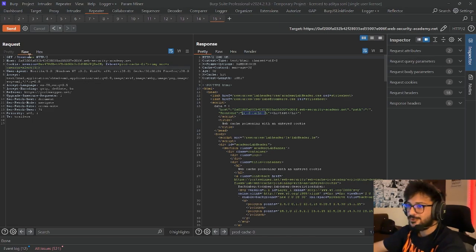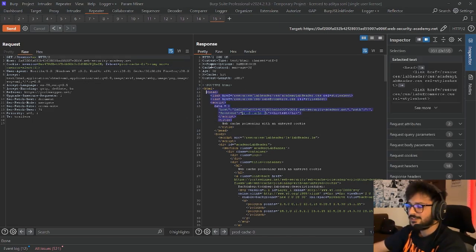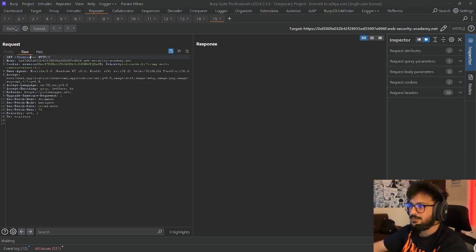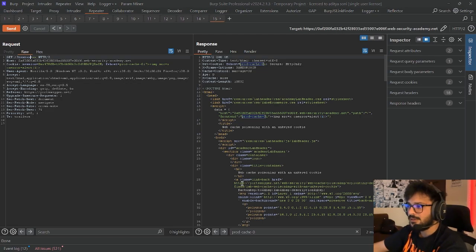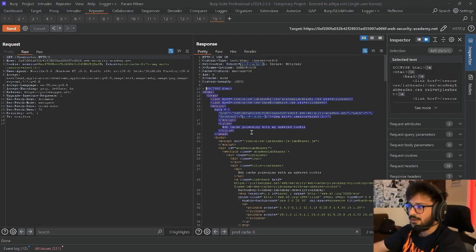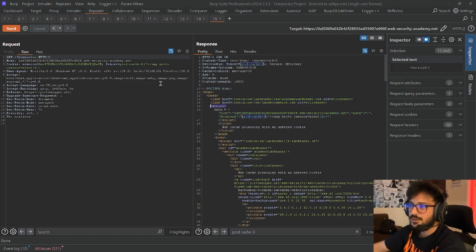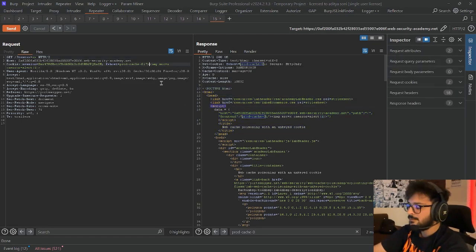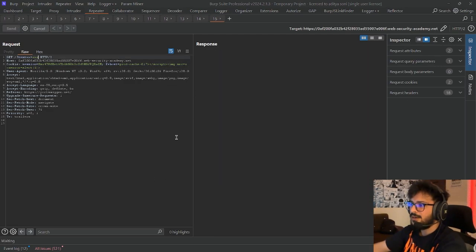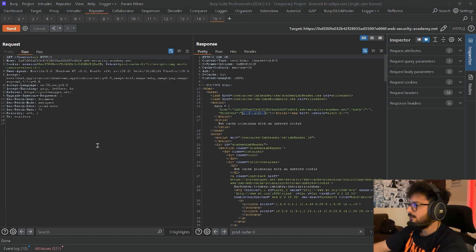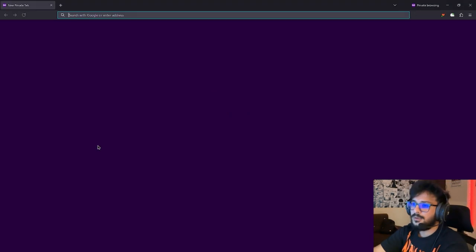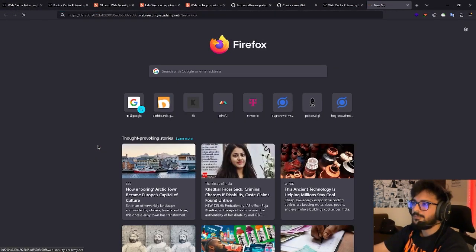Okay, so I have to change the cache buster. This is the previous cached response, and I've changed the cache buster now, and you can see that here we are able to poison this. And okay, so this is under a script header. Let's close this script tag. Let's close this and now open the following URL in a new page,